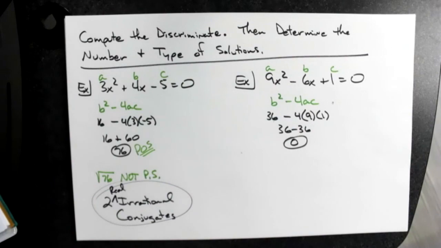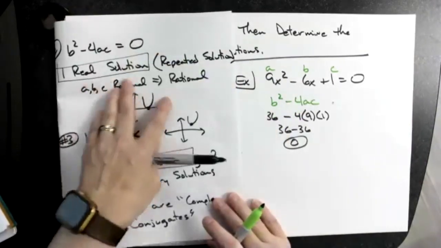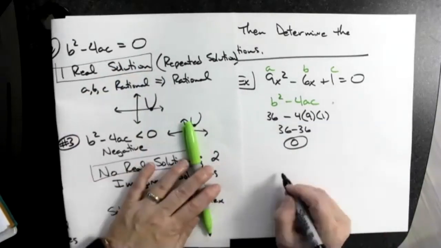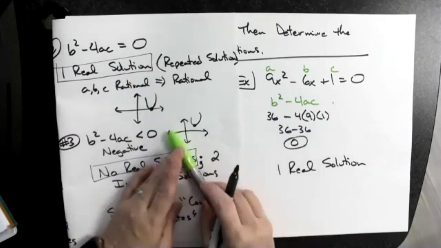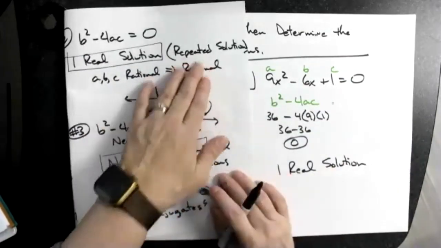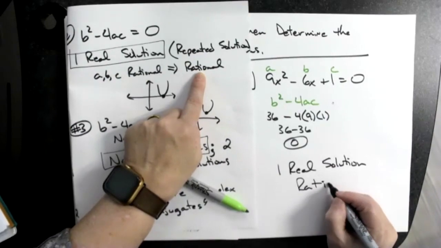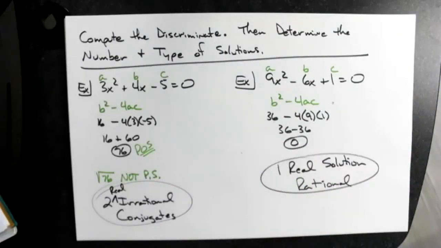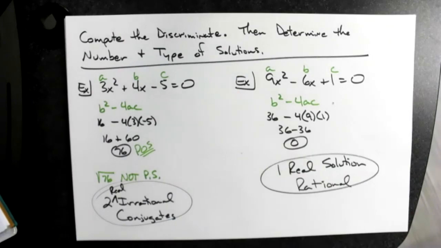Okay, so which scenario is this? This happens to be our second scenario, when it equals 0. So how many do I have? I'm going to have one real solution. And everything was rational. It's a repeated solution. I know it's going to be rational because A, B, and C were rational. One real solution that is rational. You can write that a variety of ways. I could have written one real rational solution. I could say one real solution that is rational. The fact that it's real and rational, that's the type. The fact that there is one is the number part of it. Okay, so like I said,